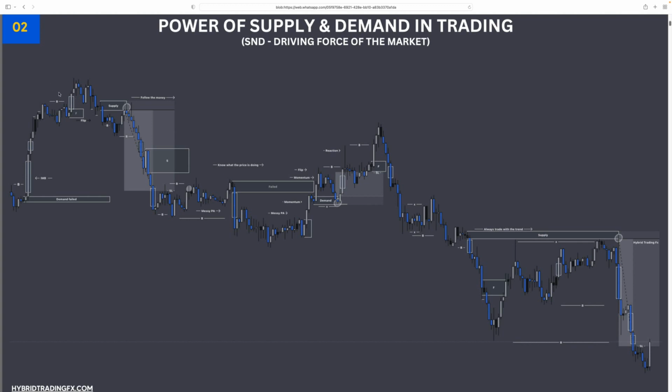Then we had a couple of retraces, guys, and you're going to see that we had basically a supply to demand flip. Okay, so sorry, a demand to supply flip. Demand has failed, supply is in control, and you can see we had a little bit of an impulse correction, impulse pattern here, entry here, and then this entry was actually quite nice,